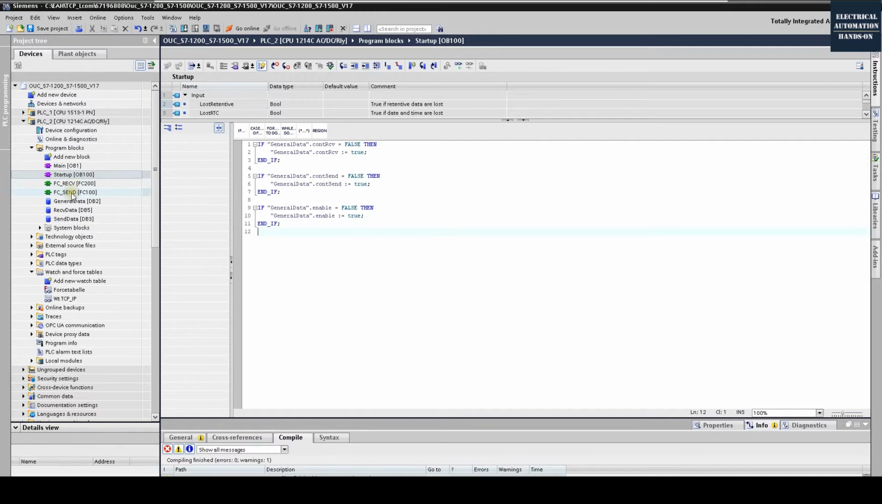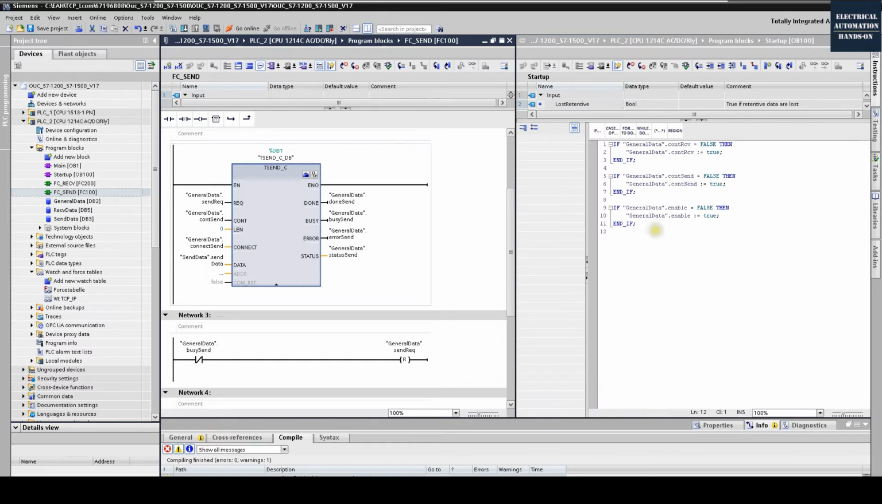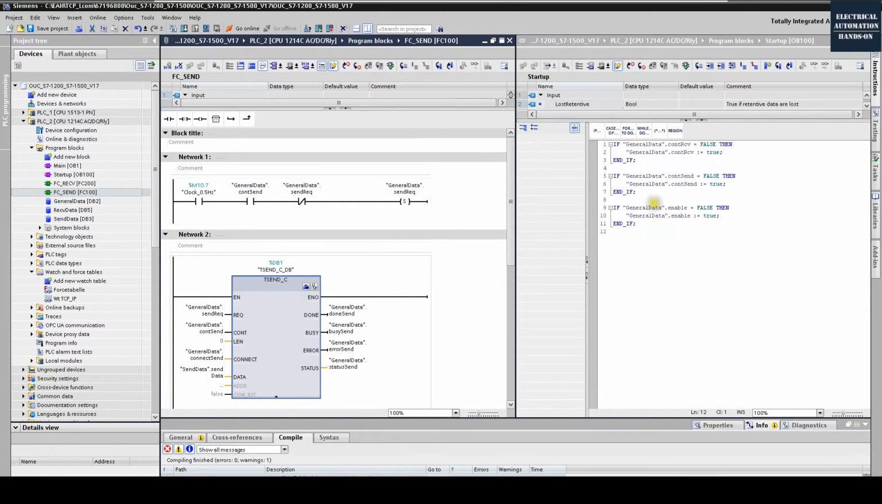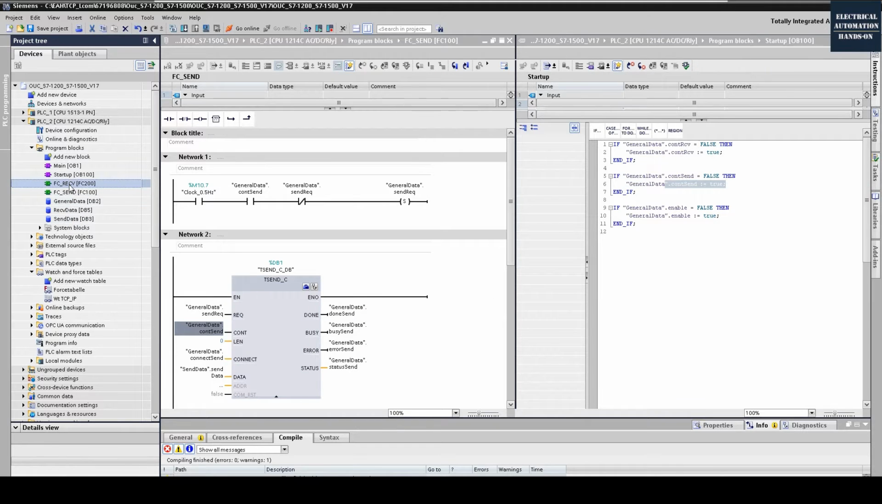If we go to the FC send, this enable will control this. That means by default, the TSEND will not be triggered. But when the controller boots up, this connection send will turn on. So the system will try to set up the TSEND connection. And for the TRCV,